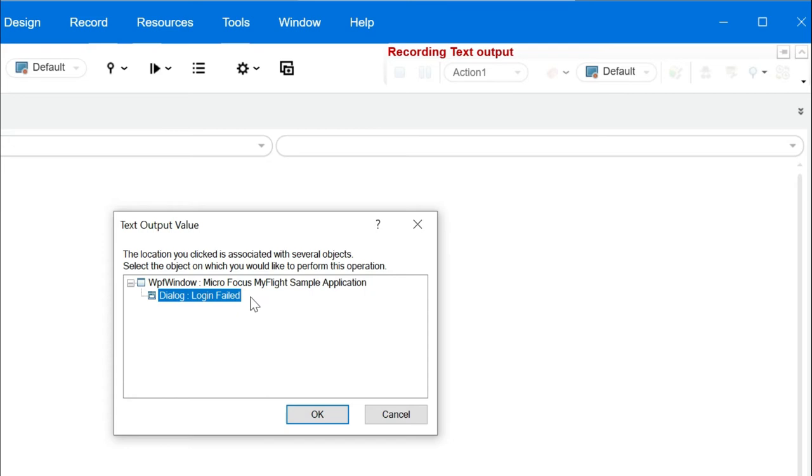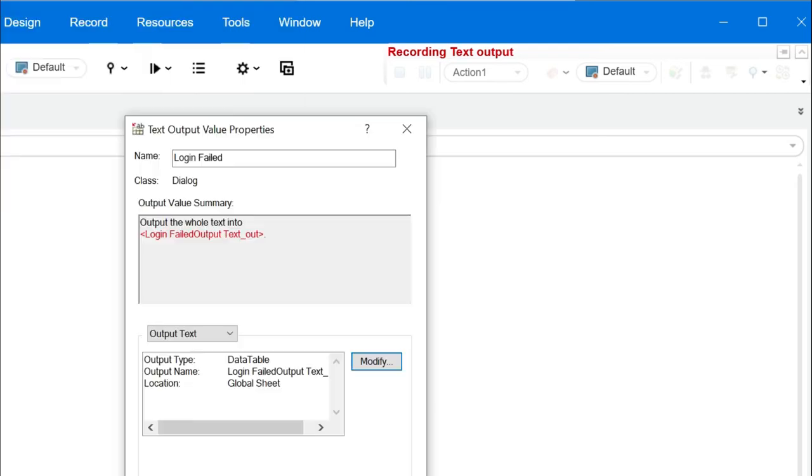This is the dialog, login failed. Click on OK. And now this is the output information. Here it's very important. Here in the output value summary, you will get login failed output text. And here you can see where it is stored. It is stored in the data table, login failed output text. This is the name of the column under which values will be saved. So definitely we need to store it somewhere. This is the location where the output value will be stored. Data table, this is the type. It is the name of the column under which the output value will be stored for failed login, and it will be stored in